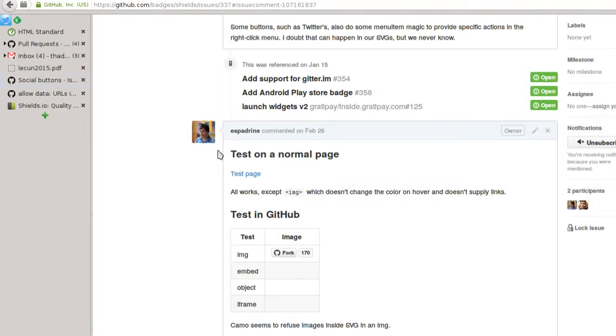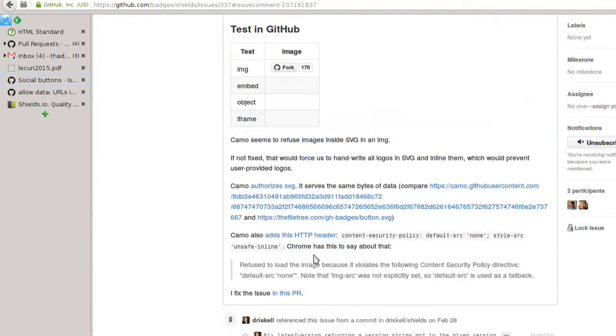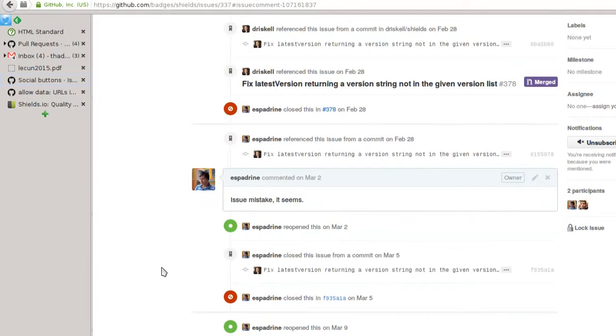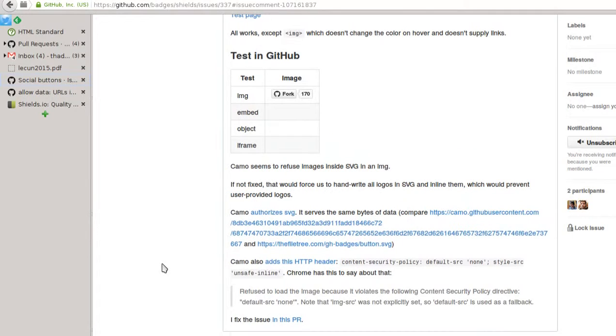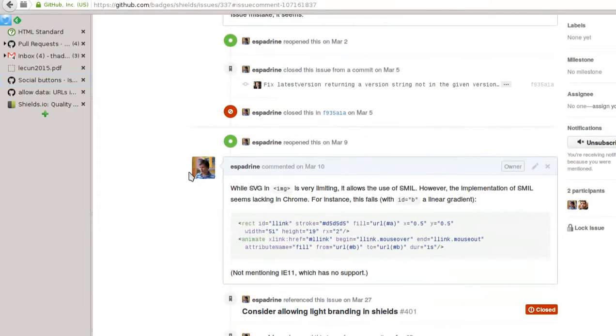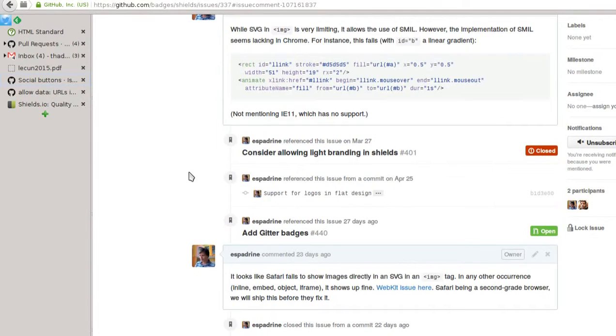So that's it, and that's not finished either. I had an image that was working on GitHub. I needed to implement it so it worked inside of the system, which added a whole bunch of stuff because, of course, the image that I had here was specifically designed to have this logo with this width and so on. And of course, when you don't have a logo to provide, you don't want to have the padding that is offset or anything like that. So I implemented all that in Shields.io,